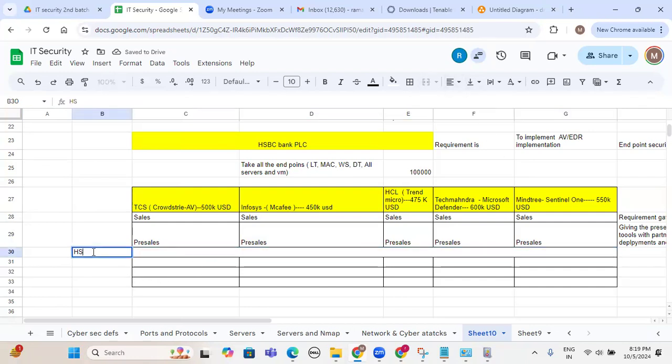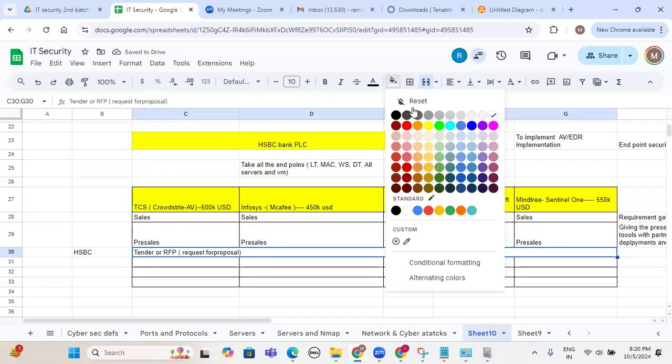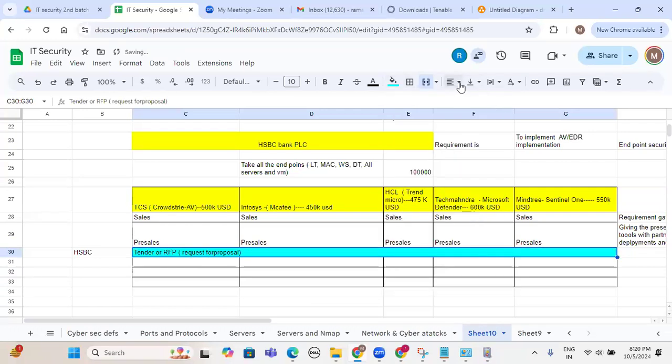So here, HSBC, there is no life cycle here. Now HSBC Bank PLC will release a tender or maybe an RFP, request for proposal. Now all these vendors, not only these 5 vendors, whatever we are referring. Anyway, the tender document is available in the HSBC portal for all these vendors, along with